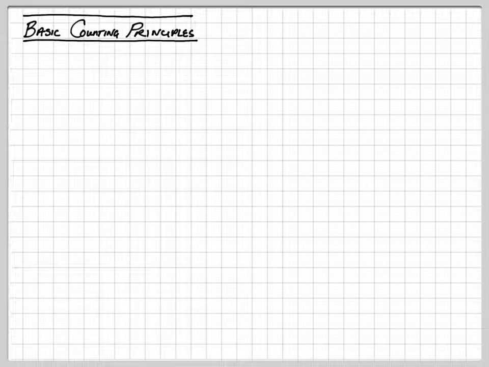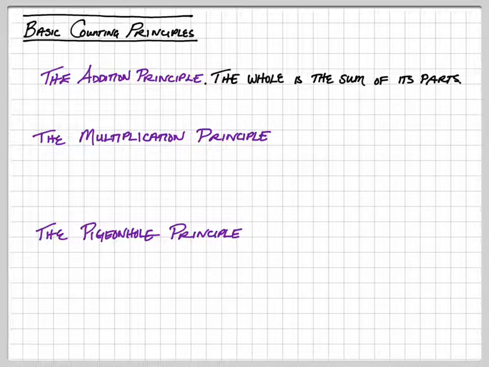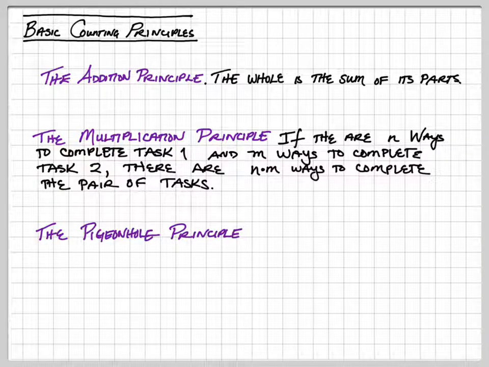This video is going to share with you the basic counting principles that anyone should know in any math class. They are the addition principle, the multiplication principle, and the pigeonhole principle. Really, the addition principle simply states that the whole is the sum of its parts. The multiplication principle says that if there are n ways to complete one task and m ways to complete another task, then to complete those two tasks simultaneously, there will be n times m ways to complete the pair of